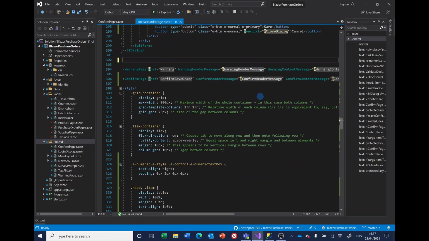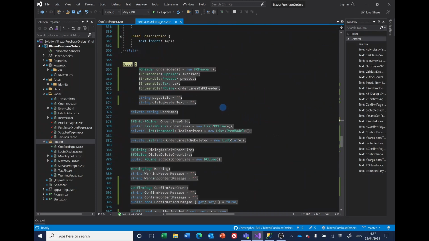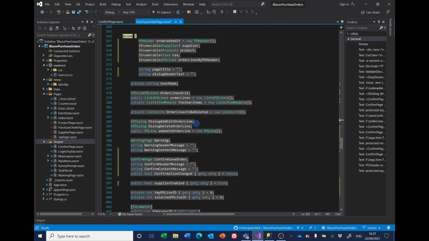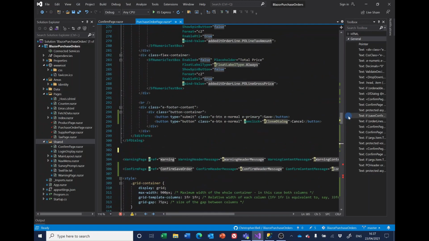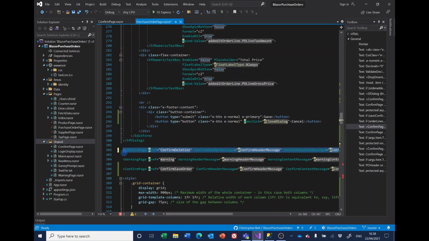And while we're about it, we'll delete the declaration for that. If I can spot it, delete order line. And we can replace that dialog with another confirmation page. I'm going to put it up here, it doesn't really matter. So we drop that in there, and